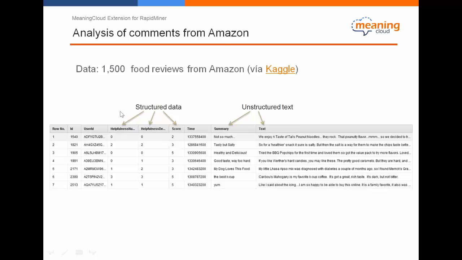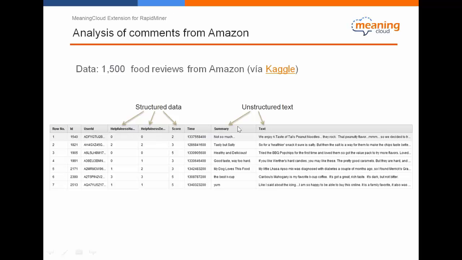Essentially, it has some structured data like different identifiers, or for example, very important, the score, the number of stars that the user gives to each product. As you see, it's a numeric value from 1 to 5, in fact. You have this helpfulness numerator and denominator that contains information that Amazon provides to the reader of a specific product in terms of do users of this review consider it helpful.